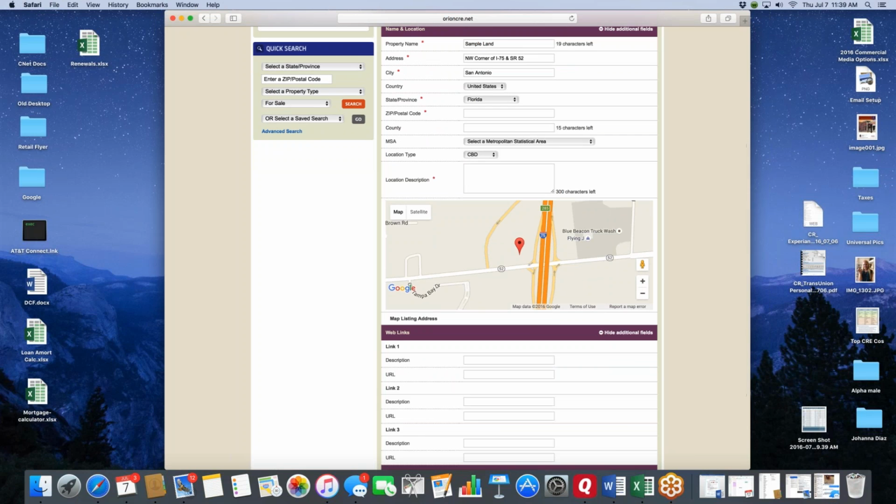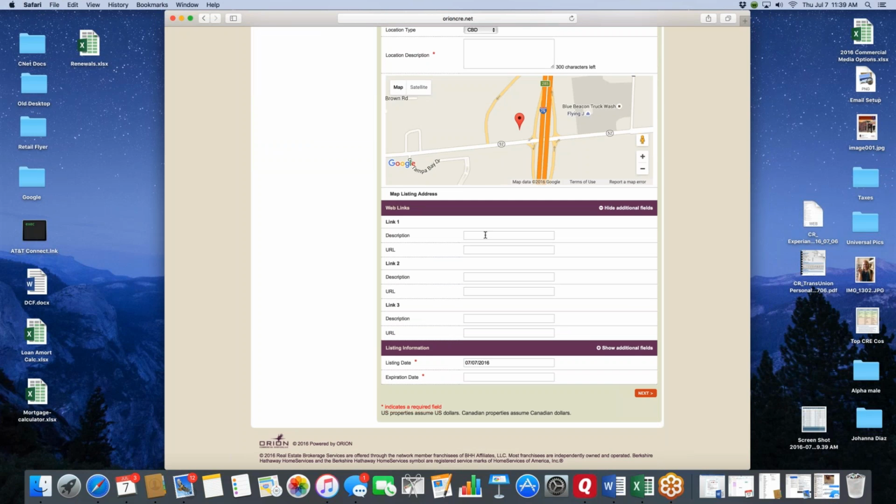Web links, show additional fields. These are intended to be links to websites that have something to do with this listing. So for example, right now at this intersection of I-75 and State Road 52 near where I live, they're doing a massive redevelopment of this interchange and widening this road to 7 lanes each direction and changing the access and where the cloverleaf is. And the Department of Transportation has a website that explains that and shows graphics and really